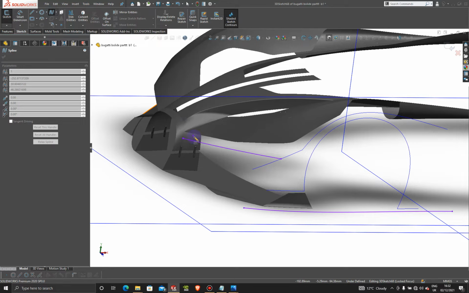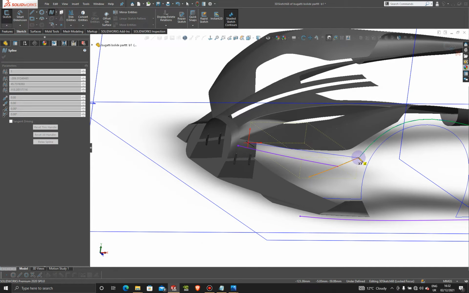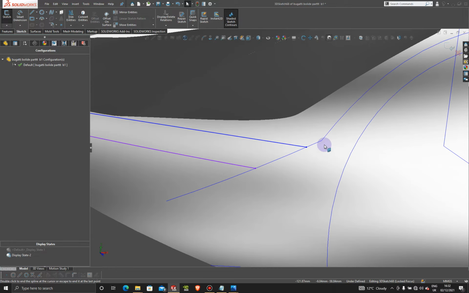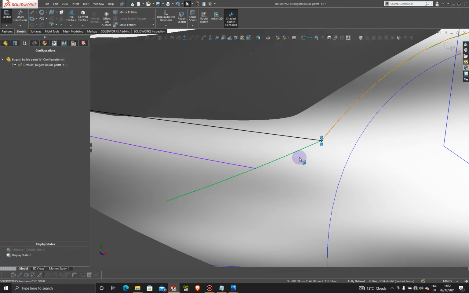So 3D sketch, and we're going to come from this point up to this breakpoint over here, right? We can click actually further down the breakpoint and just pull it up to the breakpoint, and that way we have a coincident edge with that connection. All right, exit that one,